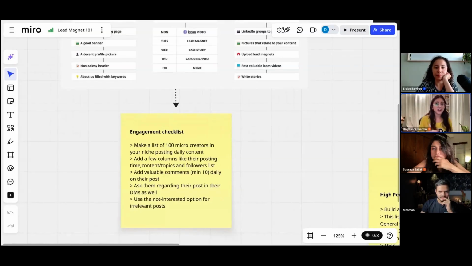If you're starting out, start engaging with other creators. I will tell you a basic thing that I did in the beginning that helped me get good engagement. Create a list of not 100. I feel 100 would be too much for you. Get started with just 20 micro creators who are of a similar niche as yours. Create a list of them and start engaging with their profile. Connect with them on DM.